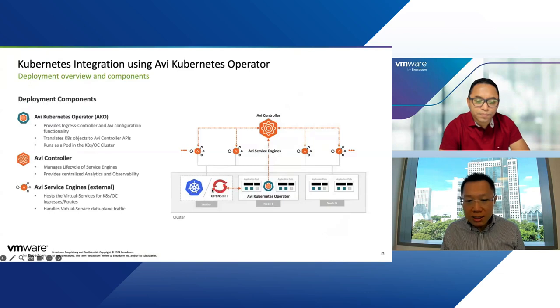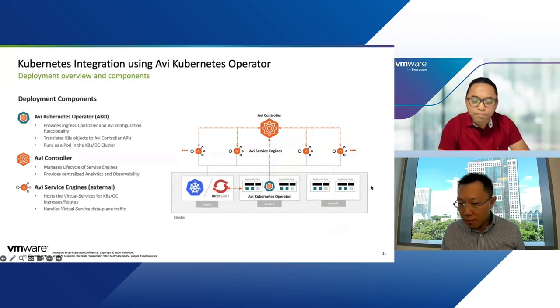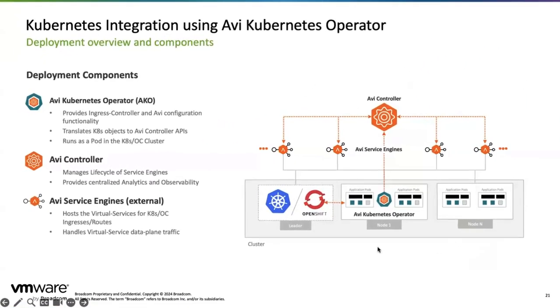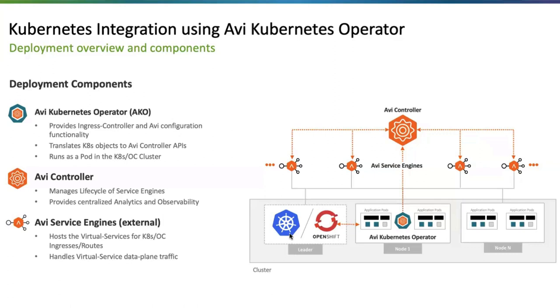So in your Kubernetes clusters, in your TKC clusters, after you have created it, you have your application pods running, and your developer wants to create an ingress, okay? So that's where you actually need to install the RV Kubernetes operator. So this runs in the cluster itself. And what it does, it actually watches the Kubernetes control plane. So when you create an ingress and you put it into the control plane, the RV Kubernetes operator will pick it up. It will send instruction to the RV controller, and the RV controller will then go and configure